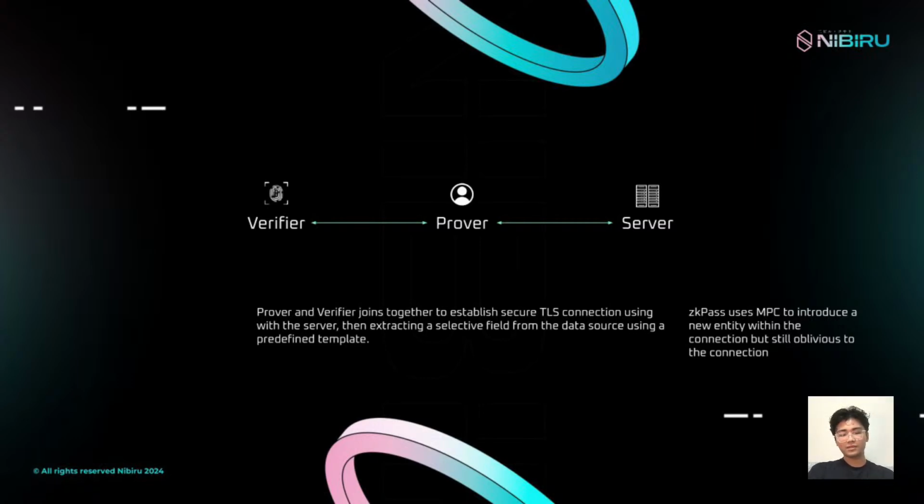So going back to the Binance example, you're essentially extracting the Binance balance. In this case, you would extract the balance field from the Binance data source using a predefined template. And zkPass uses MPC to introduce a new entity within the connection, but the node is still oblivious to the contents that were transferred within the connection itself. So this is the first step,